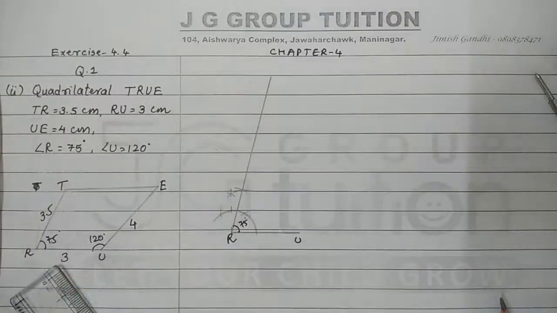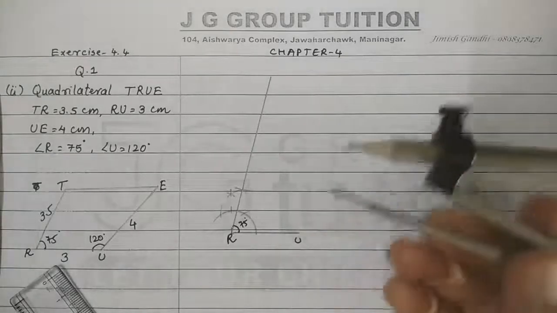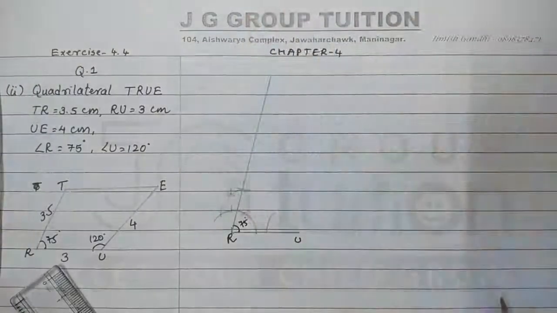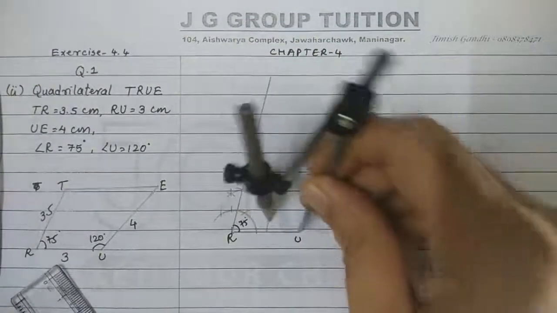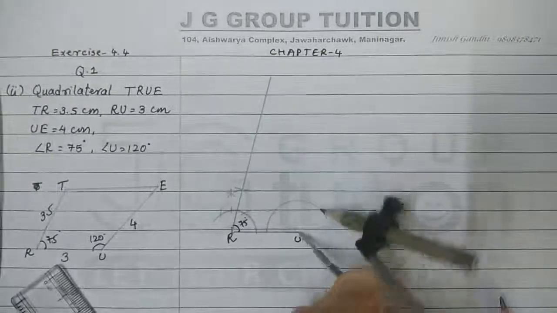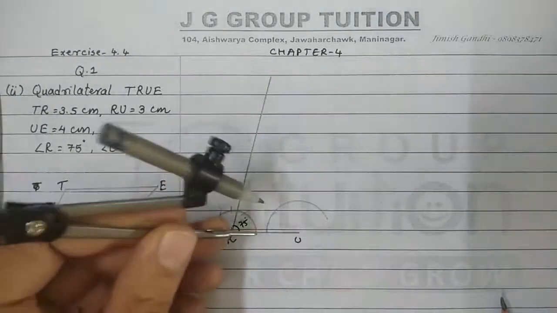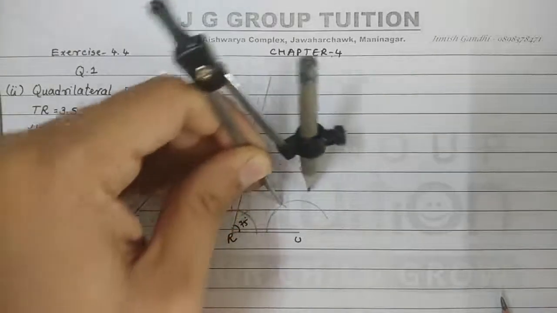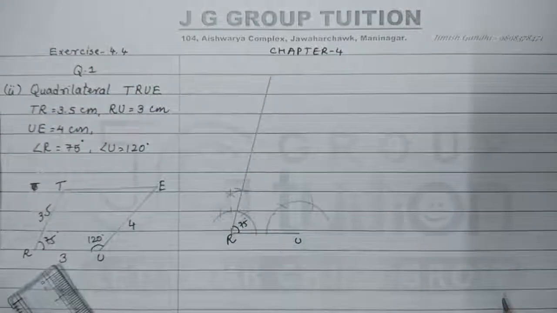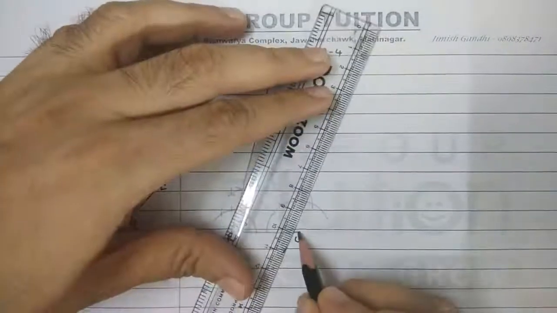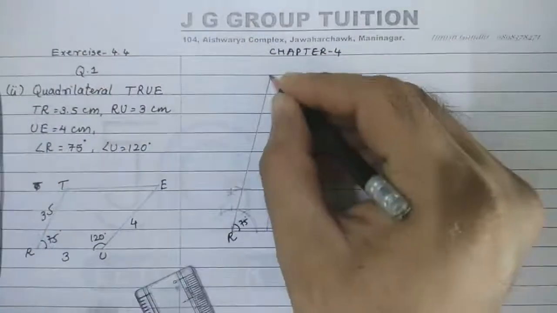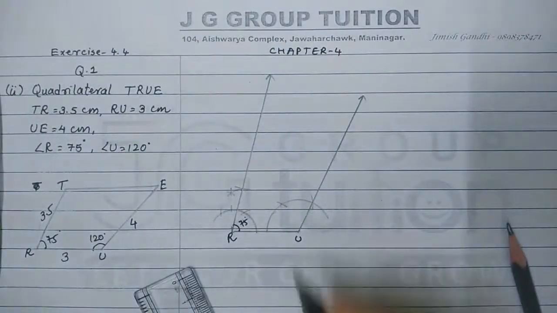Now we have the angle U also, and that is 120 degree. So 120 can be obtained with the same method. With any arbitrary radius from point U, we should draw an arc. Keep the same radius from 0 degree. This is 60, and from 60 one more arc, that forms 120 degree. So this is 120. So we obtain angle U also, that is 120 degree.